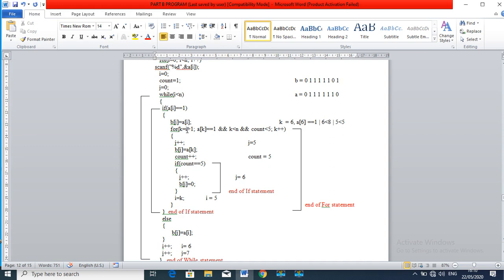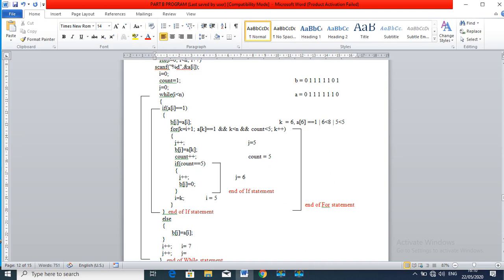Then for k equal to I plus 1, that is k equal to 7, the rest condition is a of 7 equal to 1? No, the condition fails, it is not 1. Hence the if statement is true but the for condition fails, and it comes out of this loop, and I equal to 7 and j is equal to 8.